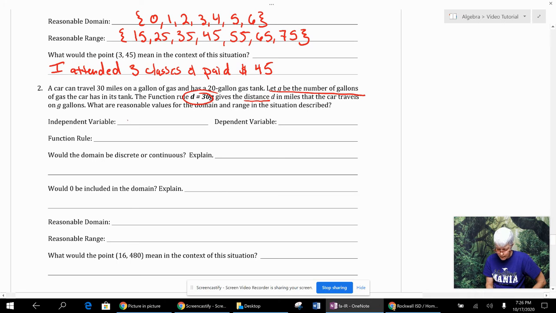So I'm going to write gallons. And so the distance depends on it. And everybody knows this who has ever had an empty tank of gas can't go anywhere. So the distance depends on how much gas you have. So the function rule they already gave us is D equals 30G. So would it be discrete or continuous? Well, maybe you've watched your parents, or maybe you've pumped gas before, but it can go in increments. So it'd be continuous